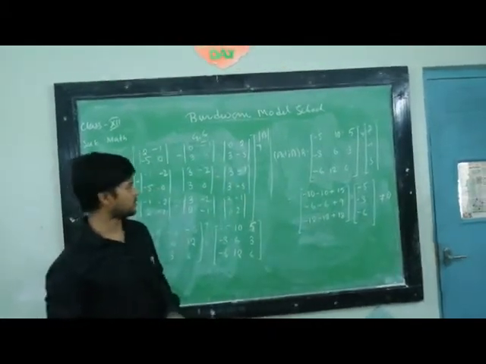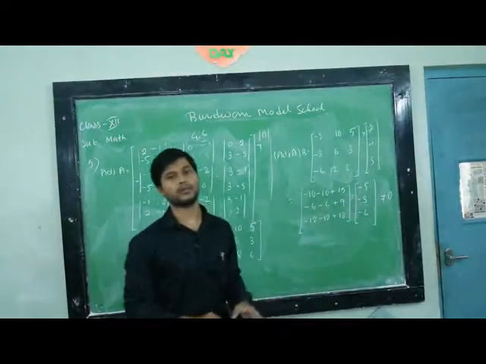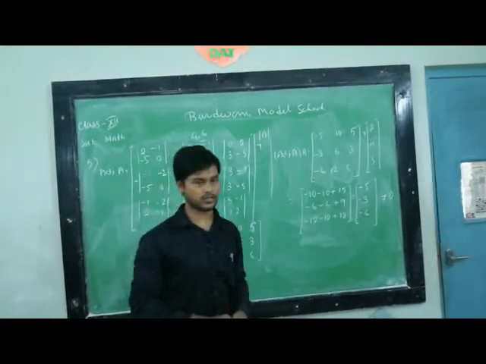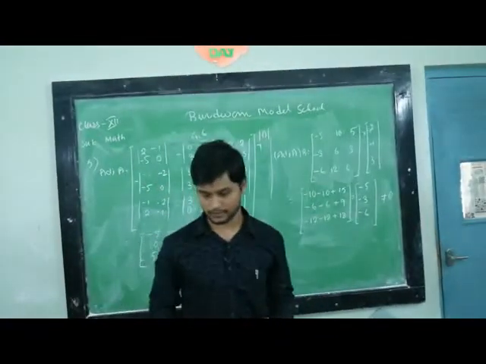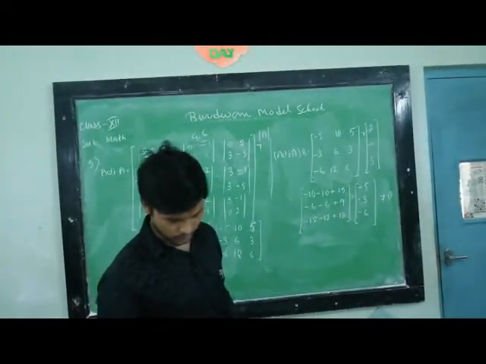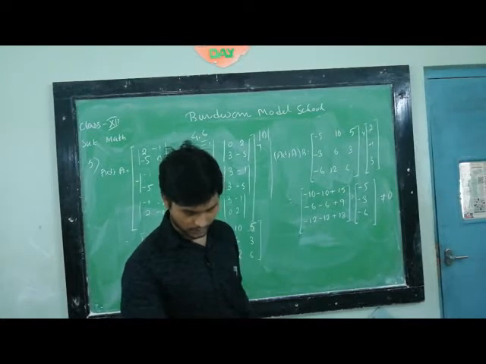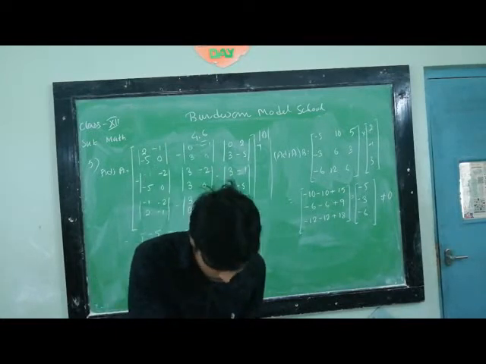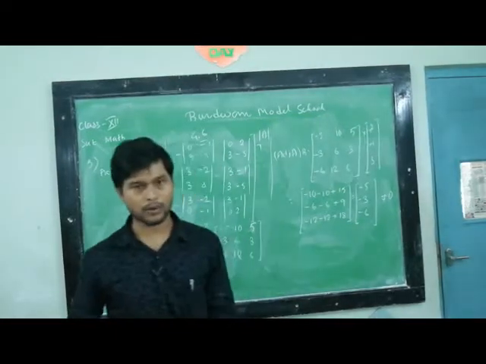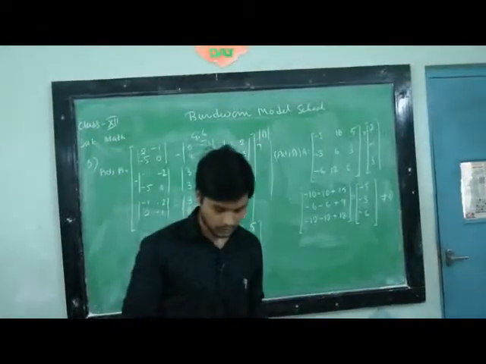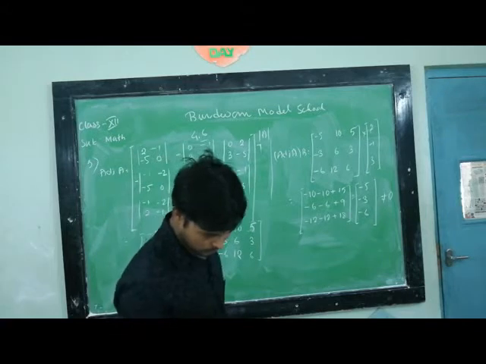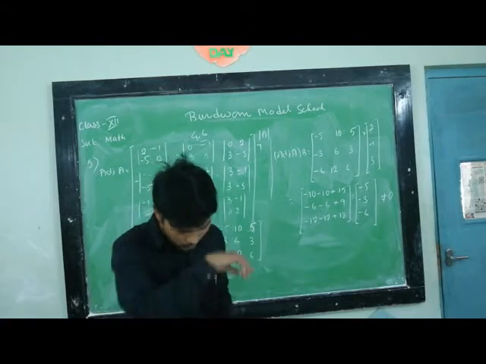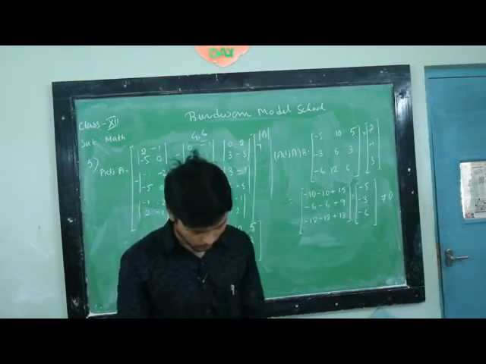So as adjoint A into B is not equal to 0, the system of given equations is inconsistent. That means it has no solutions. Clear? So question number 5. And questions number 2, 3, 4 and 6 are the same type of problem. You try them at your home. I am not doing that. I am just going to our next problem.